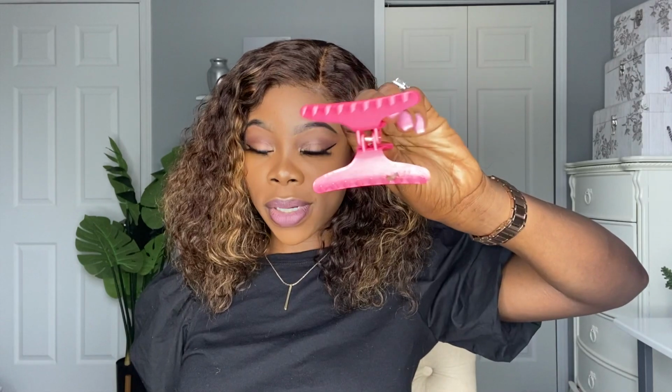Okay, so I have some hair clips here. This one and this one. I'm going to go ahead and clip the hair back just to get it out of the way so that I can